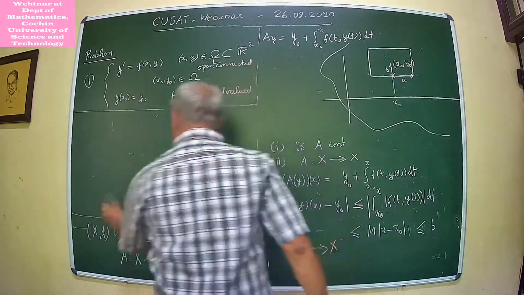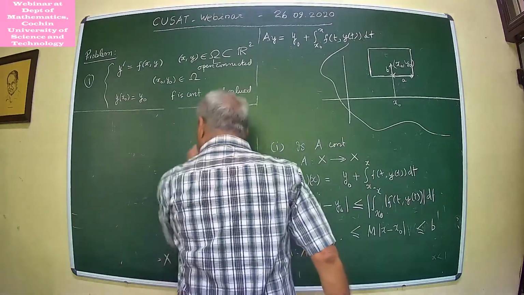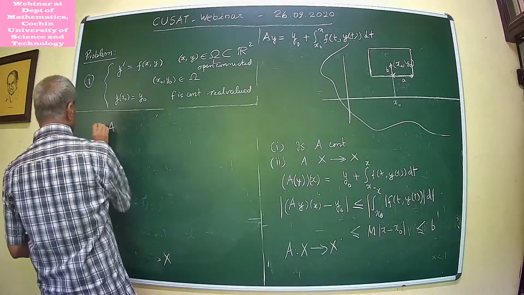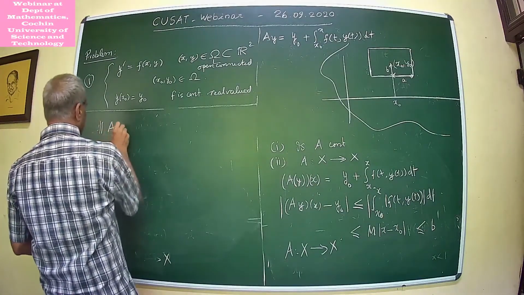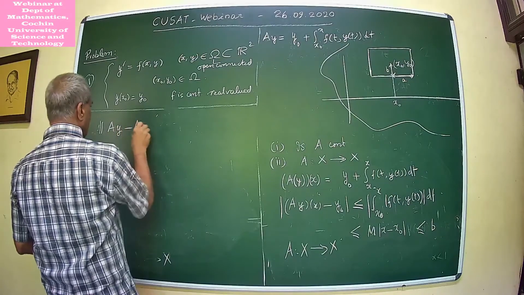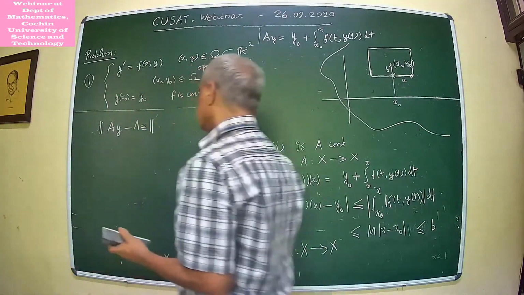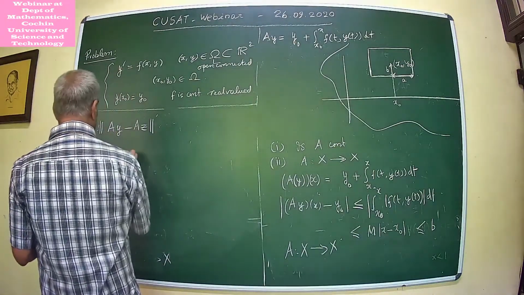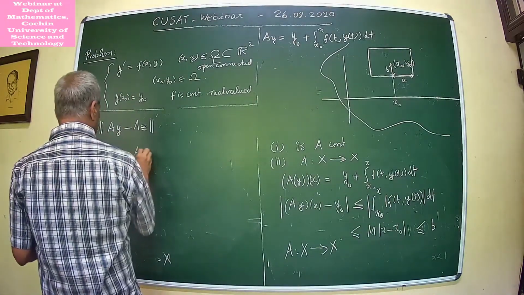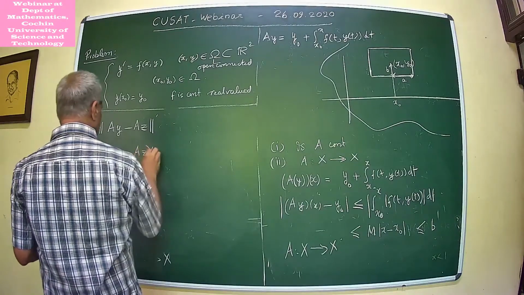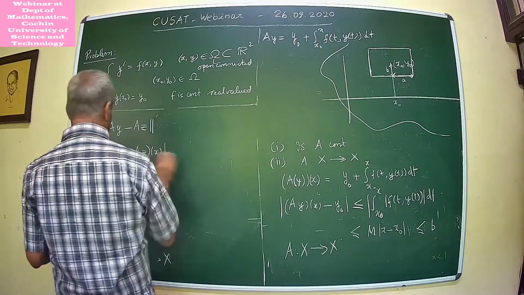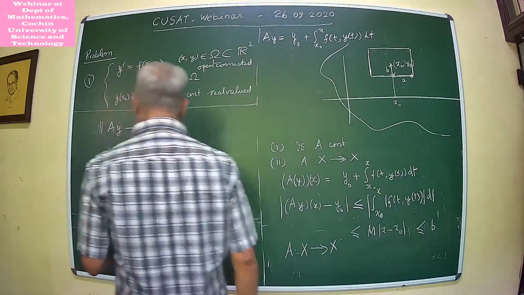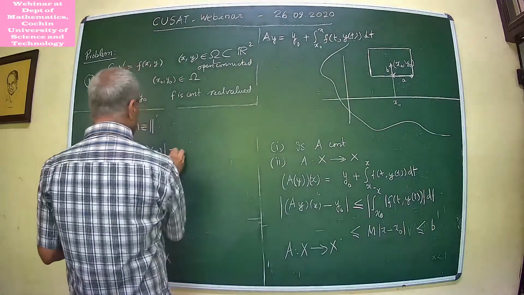You want to prove this is a contraction, you work out the distance between, so you estimate this, Ay minus Az, for Ay(x) minus Az(x). So this will give you the integral